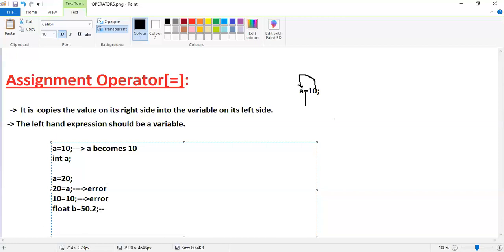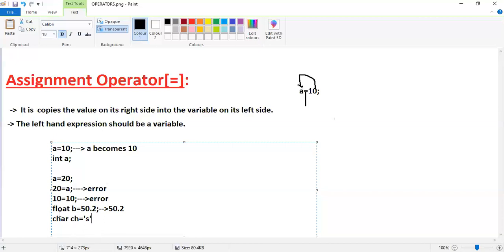It will display 50.2 in the console. For example, char ch is equal to s. It is also possible. Here ch is a char type variable, and we are storing a character into the ch variable.